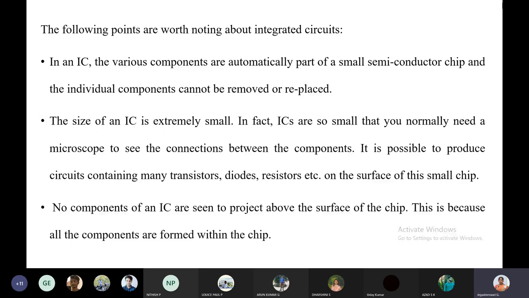How the two components inside the IC are connected, everything we can see only with the help of a microscope. Just imagine how they designed and made this IC and connected these components. It's very interesting. In the video which I'm going to show tomorrow, you can see how it is possible, how they make an IC and connect the components in a tiny way. So this is the one point. The last point.